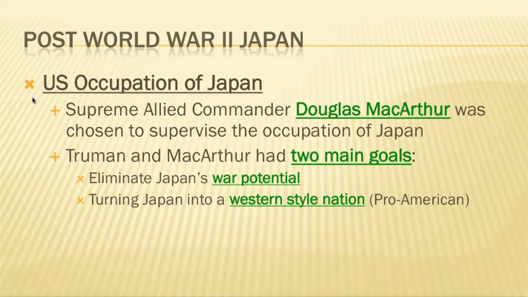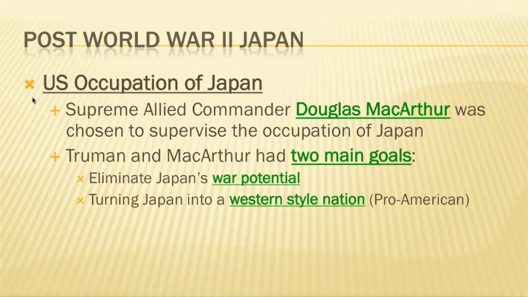You have to think about how smart this was, because if you've followed history, after World War I, Germany was punished very harshly, and that had eventually led to World War II. Well, I think the same mistake was definitely trying to be avoided here. So instead of really punishing Japan for what they did and all the war that they created out in the Pacific, we decided, hey, let's turn them into an economic power so that we can trade with them, and that's not just going to benefit us, it's obviously going to benefit them as well.